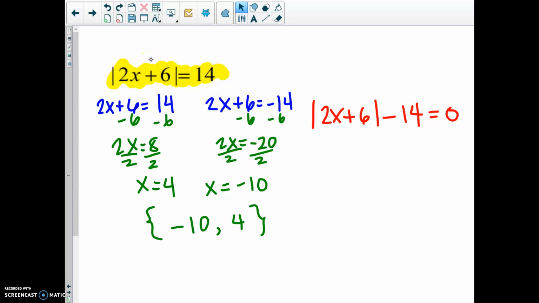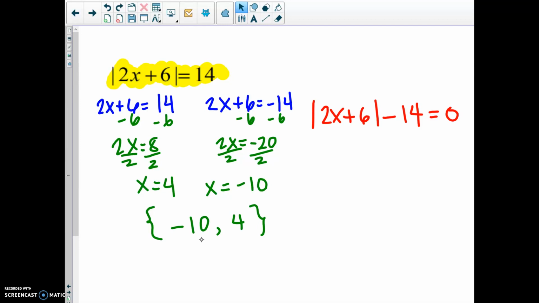which it already is, setting the equation equal to 14 and negative 14, and then going through the entire process using inverse operations for solving. So notice I got the answers negative 10 and 4. So I could just substitute these numbers back into the original equation to check, but I can also use my